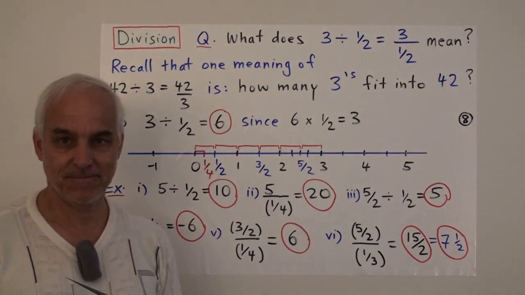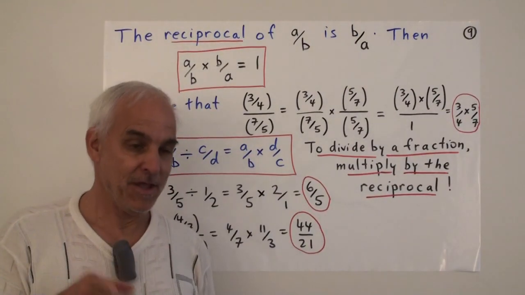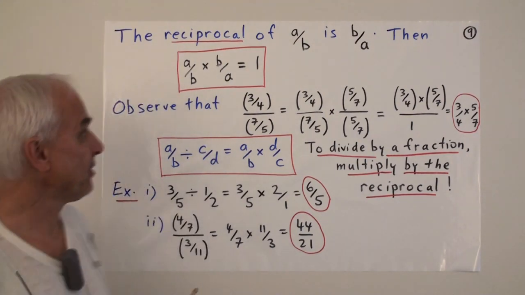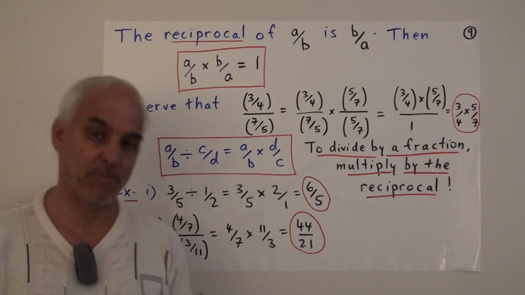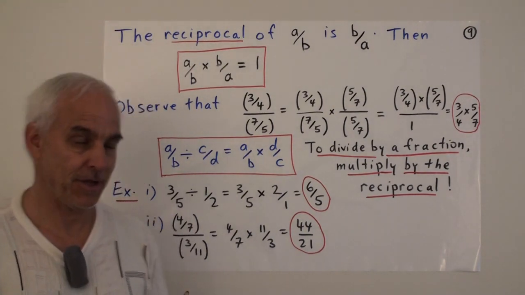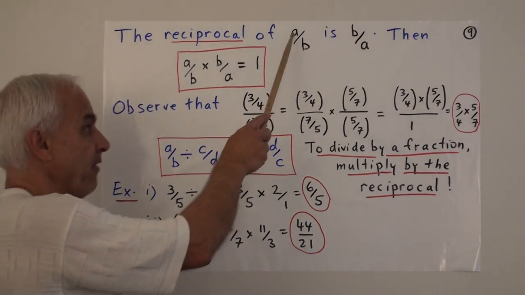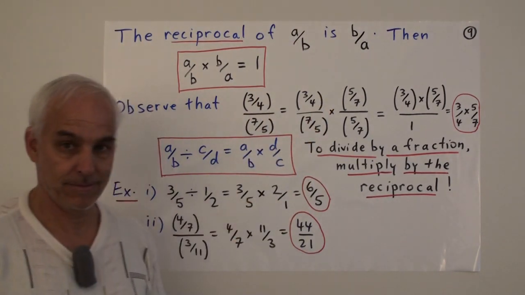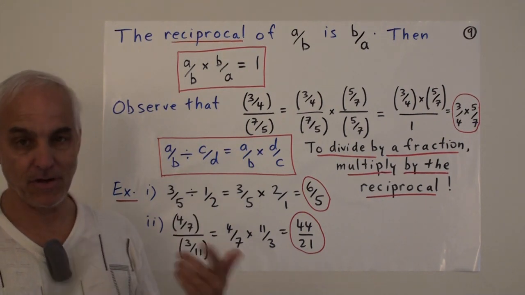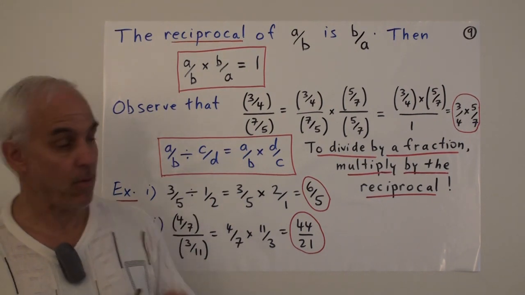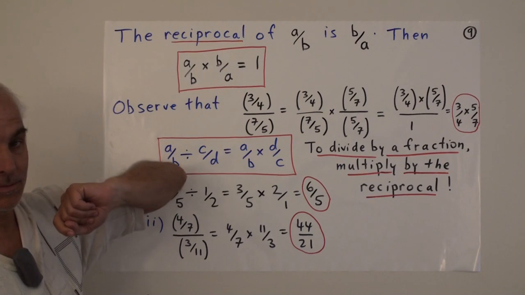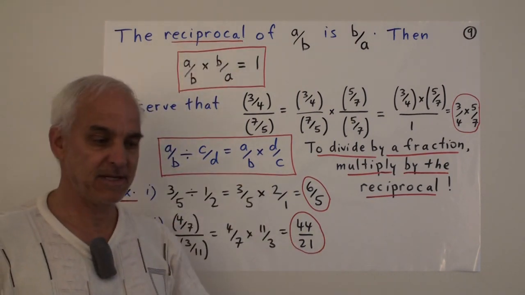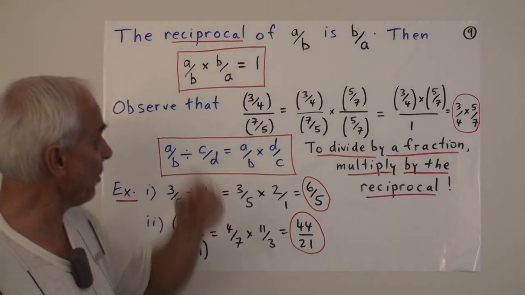dividing fractions. Okay, so the key idea to make division by fractions simpler is to introduce this idea of the reciprocal of a fraction. Okay, yeah, it's very simple. The reciprocal of a over b is b over a. We just interchange the numerator and the denominator to get what we call the reciprocal. Okay, so when I make a line like this underneath something, it means I'm defining, I'm explaining to you what I mean by the word reciprocal.